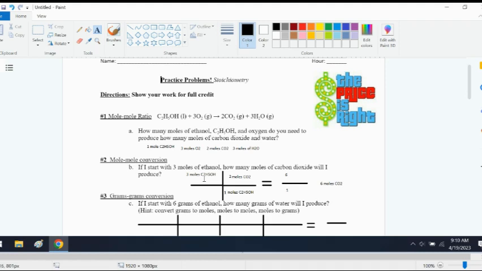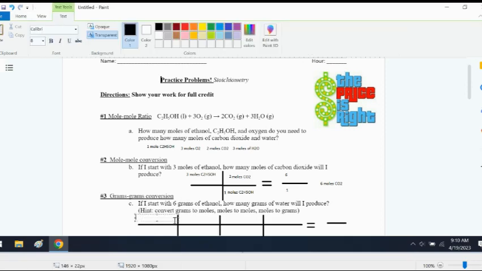So follow the same process. You're just going to have a different equation and potentially different numbers depending on what mole numbers are in front, what the coefficients are. And the last one is going to be the most difficult one. It's going to be a grams to grams conversion. We're going to start with what we know, which is 6 grams of ethanol. So 6 g of ethanol, which is